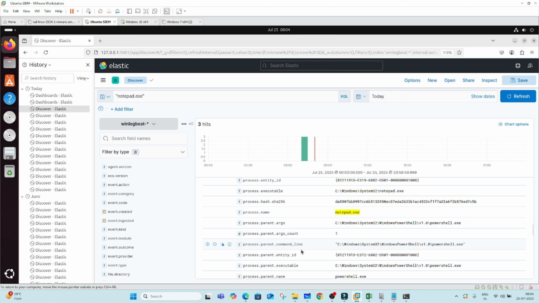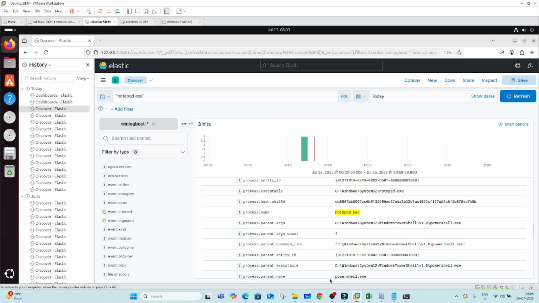So why is this important in cybersecurity? Understanding process chains. Notepad is not dangerous, but launching Notepad through PowerShell could be part of script or attack testing. Attackers often use PowerShell to run commands silently. So, parent-child process tracking: these logs tell you what process started what. In this case, PowerShell started notepad. If this was PowerShell starting malware.exe, it would be a red alert. And the hash lets analysts verify if this exact notepad.exe is original or tampered.